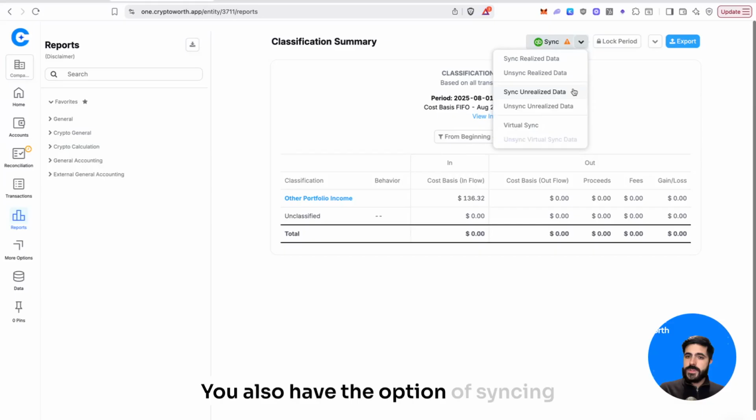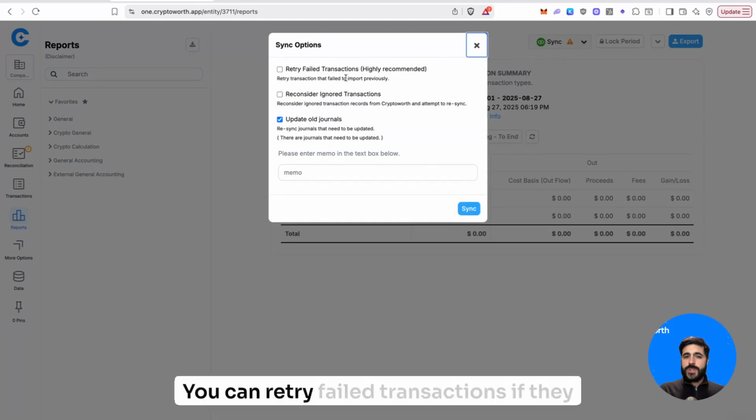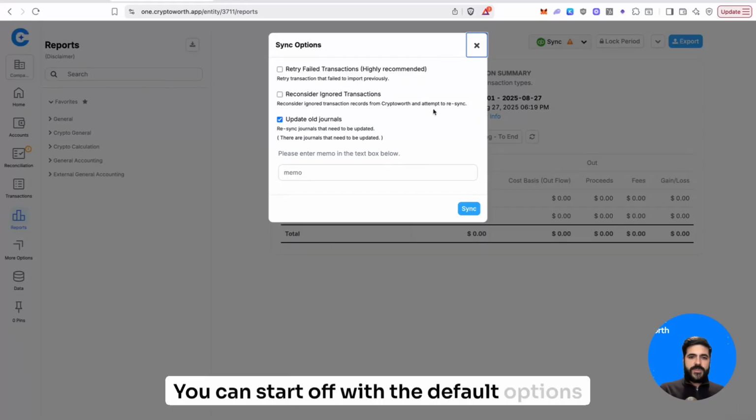You also have the option of syncing unrealized gain or loss for that period. Let's go ahead and click on sync realized data. You can retry failed transactions if they previously failed to sync. This is an option. You can start off with the default options that you see here and click on sync,